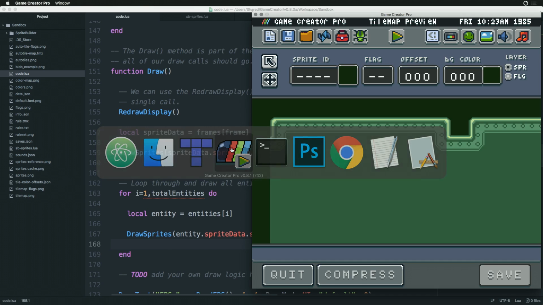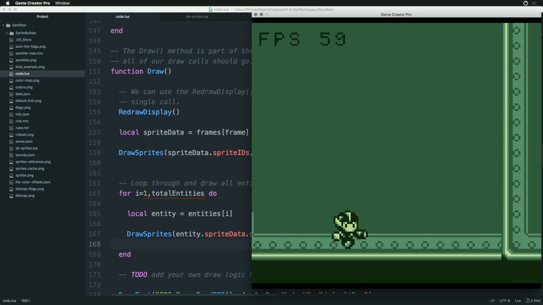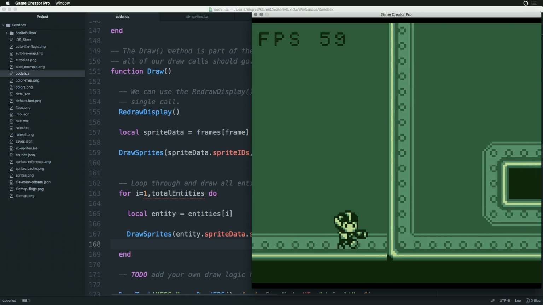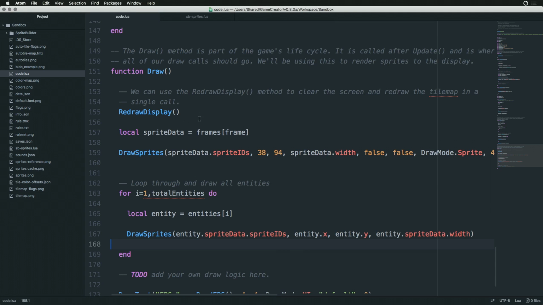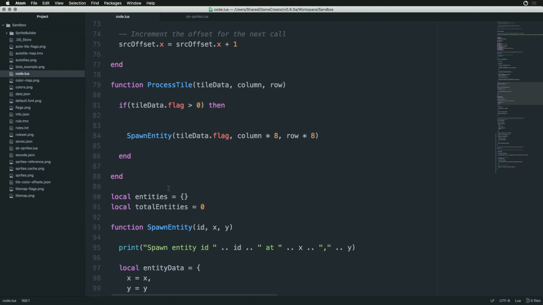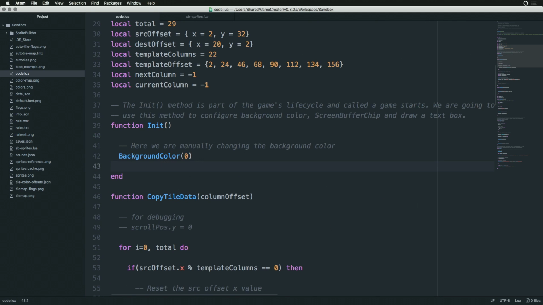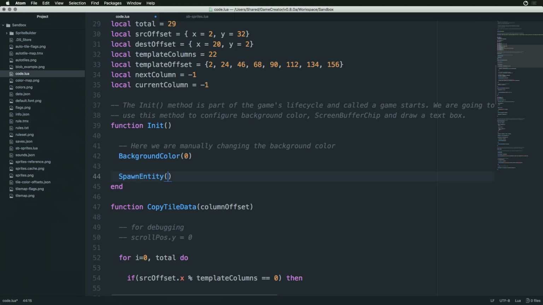I don't know if any of this is going to work. That's the cool part of writing code, is that you don't know. What we'll do is a really quick test, and we're just going to manually draw one of these dudes by hand, or at least call it. So let's manually call in our constructor spawn entity 1, and we're going to set the x position to